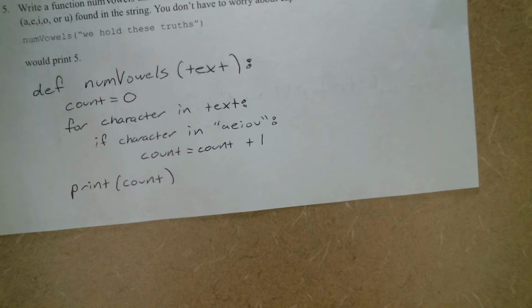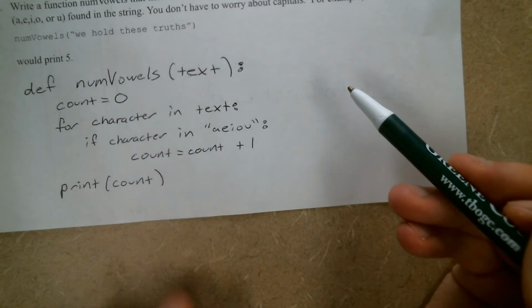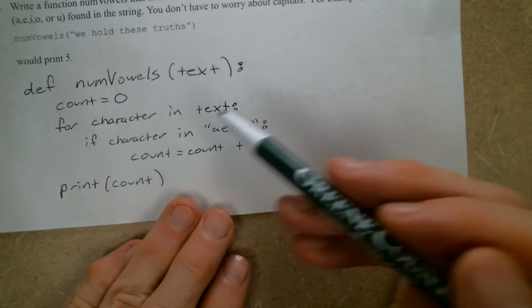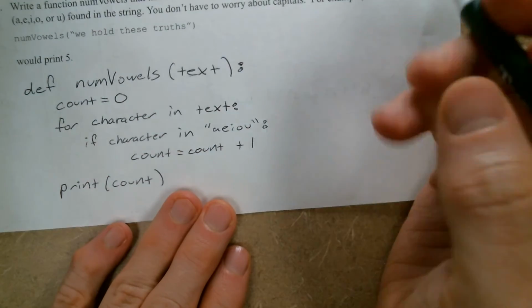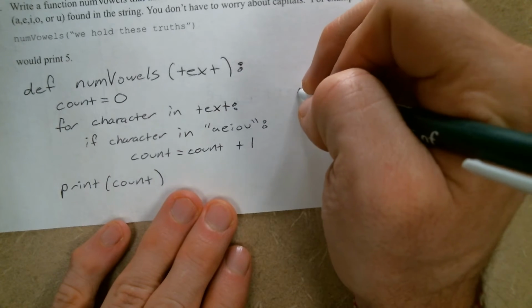Now, this is a perfectly acceptable way of doing this problem. What I'm going to do over here on the side is rewrite it using indexing so that you can see how it looks different and have that comparison right next to each other. So the first part's all the same. I'm just going to redo the loop part. And I'm going to say for